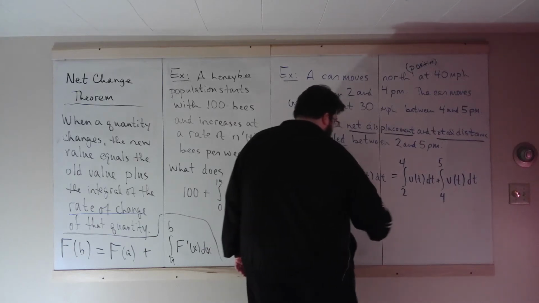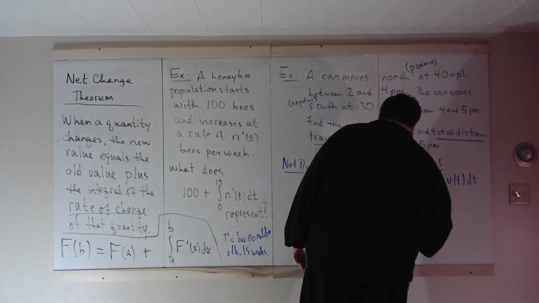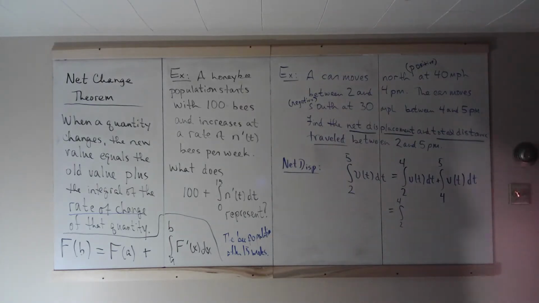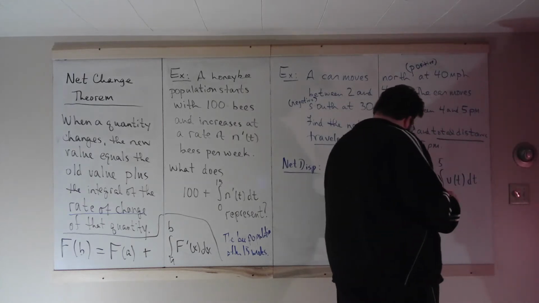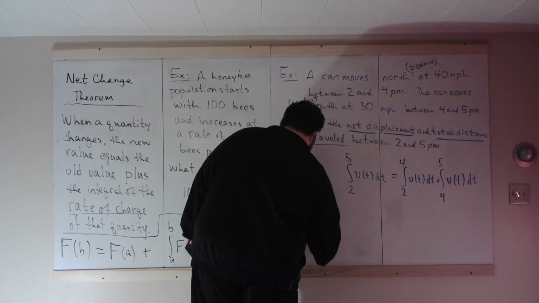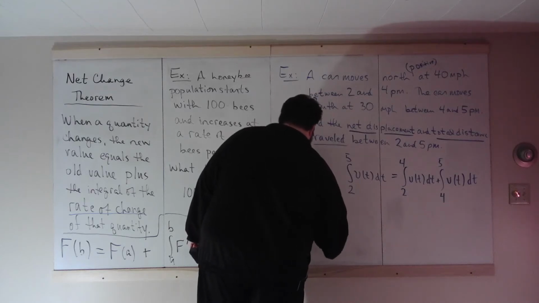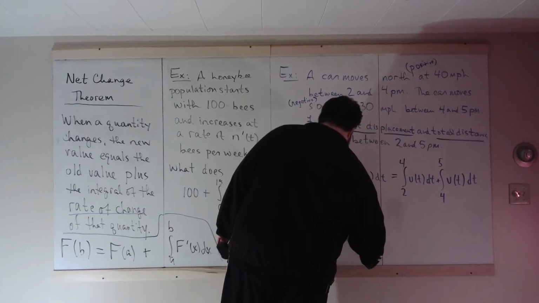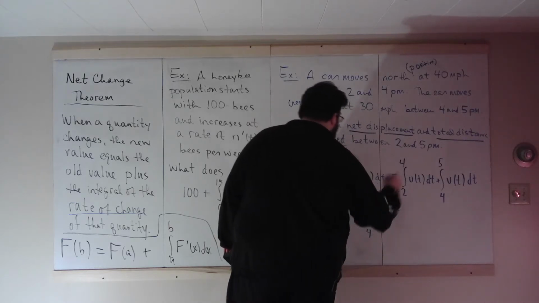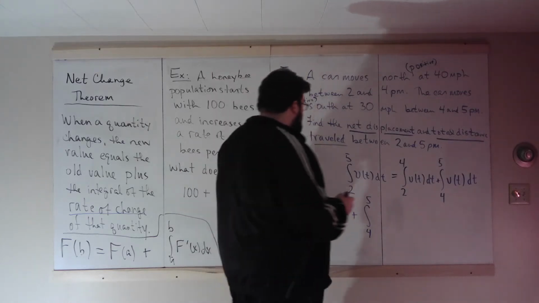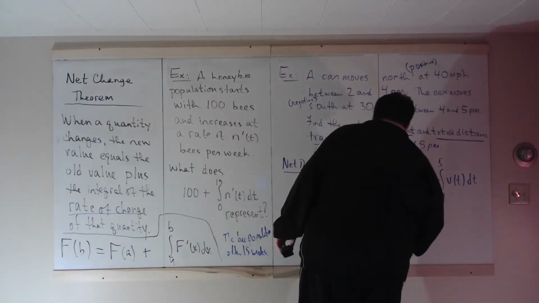So this equals the integral from 2 to 4 of 40 with respect to time, plus the integral from 4 to 5, the velocity from times 4 to 5, south at 30 miles per hour. Well, that's our negative direction, so we would need negative 30